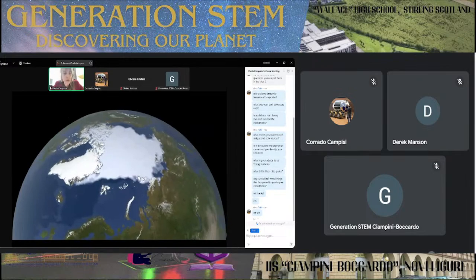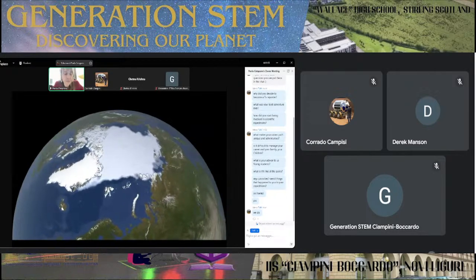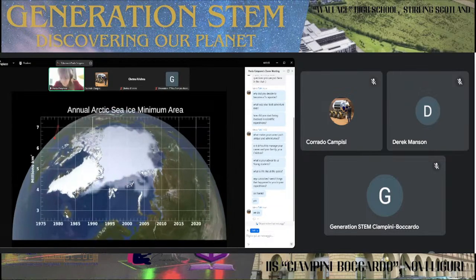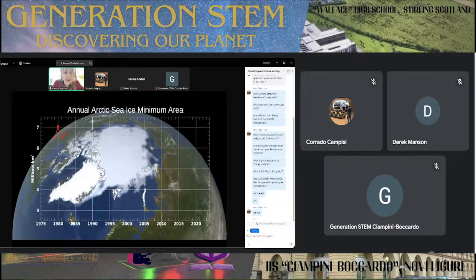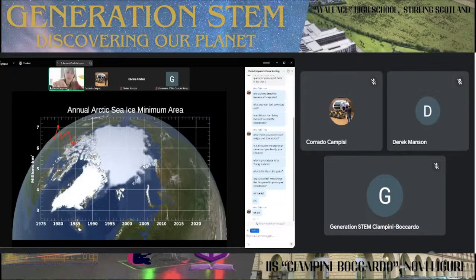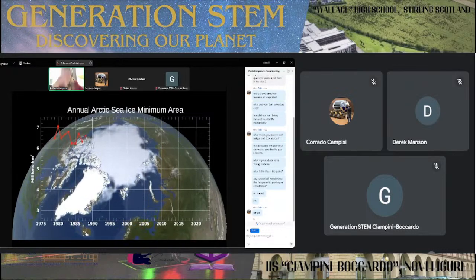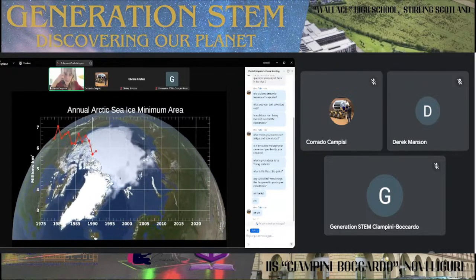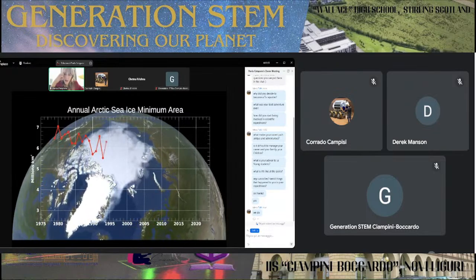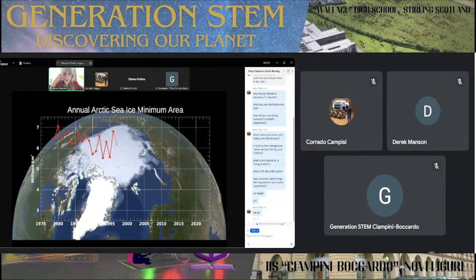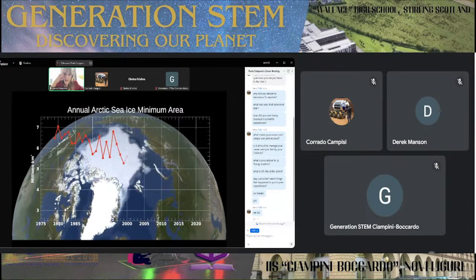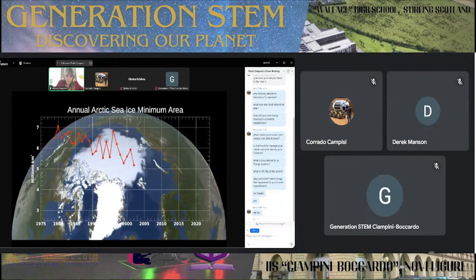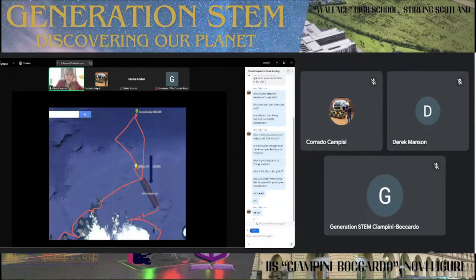So what you see here on this animation is a satellite that monitors the North Pole since 1975. You can see that the seasonality is pretty normal at the beginning of the era. But if you do an average after 2020, the melting is relentless and unstoppable. This is just to show the north of Svalbard and the 82nd parallel north that we reached with our boat.